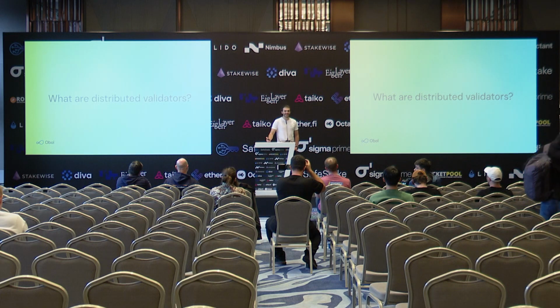So for those of you that haven't seen any of my stuff before, we're going to talk about what are distributed validators. A distributed validator is an Ethereum validator that runs on multiple machines instead of one, and it has fault tolerance. You can think of it like a multi-sig for a validator, where not everyone has to be online and signing all at the same time. This is particularly useful for solo stakers and people that don't have perfect uptime, or a 24/7 SRE team that can look around and manage things. And what's also particularly special about it is you don't need the same entity running every piece of the validator. You can have 4 different people running 4 different pieces, or 7 or more.